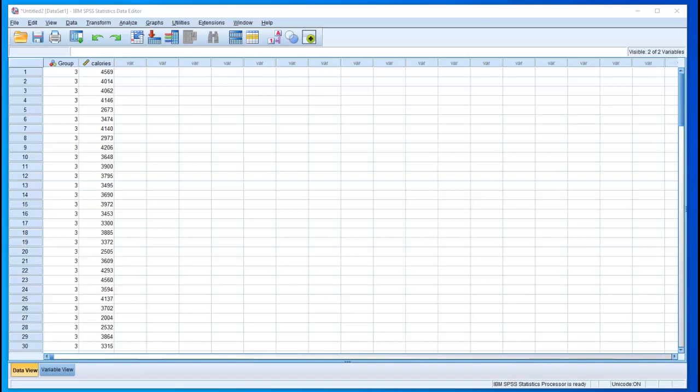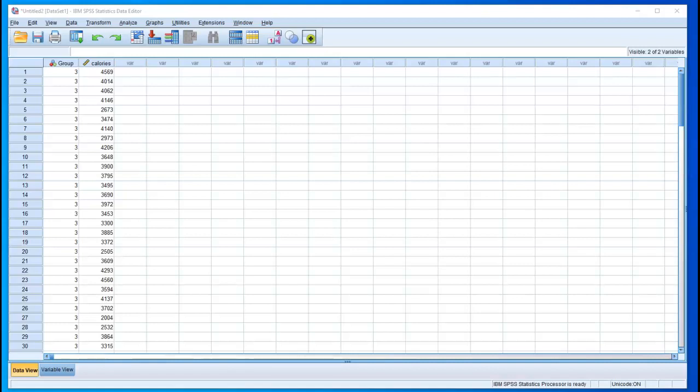I'm going to work with a data set from activity 8.2 in the textbook, and this is a one-way ANOVA with 3 groups. Our 3 groups are people who slept for either 3 hours, 6 hours, or 9 hours. They were randomly assigned to one of those conditions, and then they recorded the number of calories that people consumed. So we're going to compare the number of calories in those 3 groups to see if sleep deprivation affects caloric